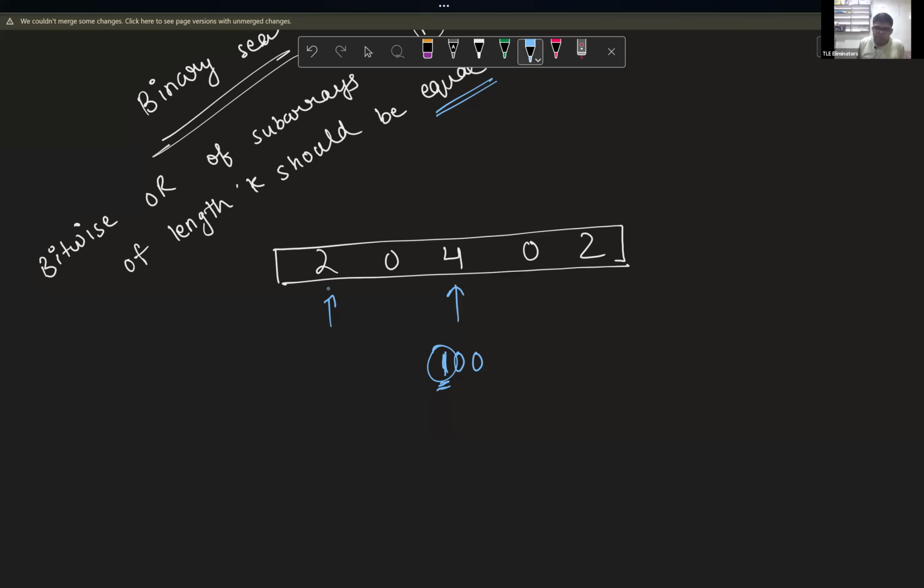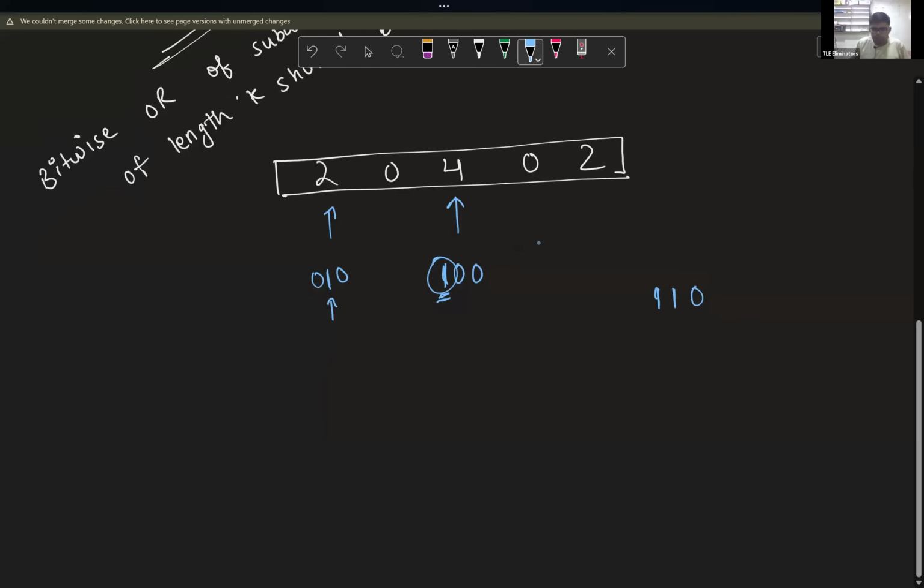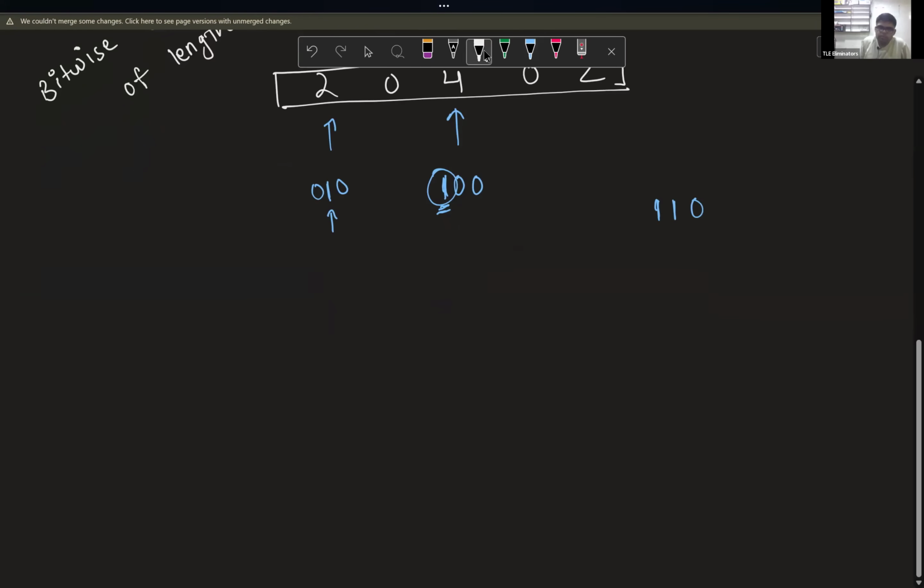Similarly, for this 2 as well, which has a bit set here, it is 010 in binary. Since it has a 1 here, the bitwise OR of all the subarrays of length k should have these bits set in themselves. It will be true for each and every element in the array. So eventually, my problem has now become: find the smallest value of k